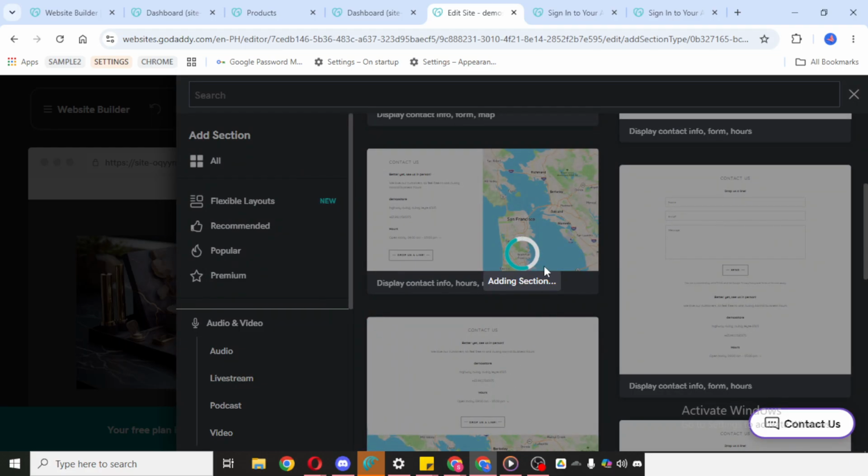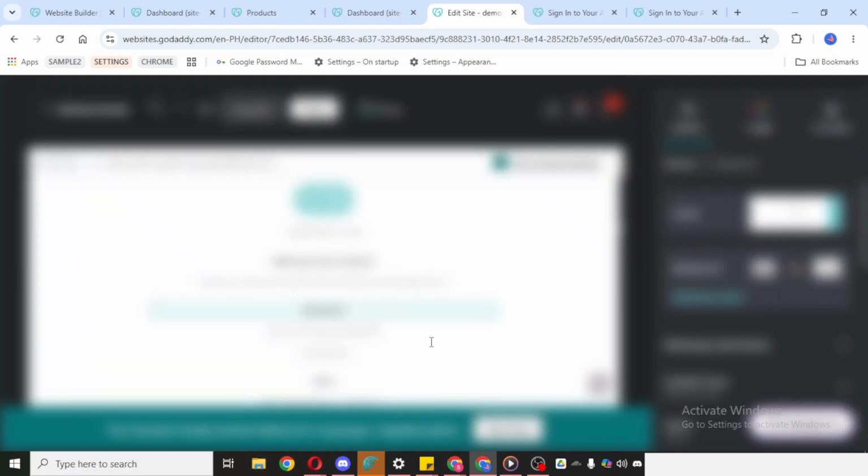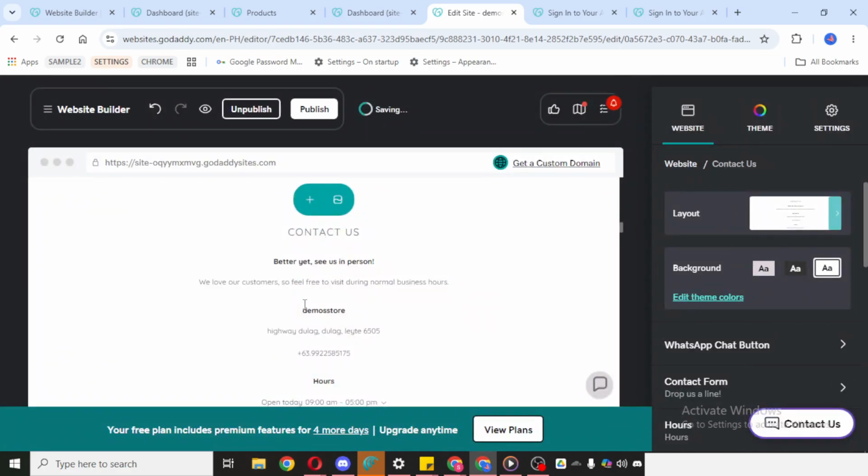After the form is placed on the page, you can customize everything. This is where you adjust the text, fields, labels, and overall appearance so the form matches your website and works the way you want. Take your time here and make sure the form is clear and easy for visitors to complete. A good form should be simple, organized, and relevant to the page it appears on.